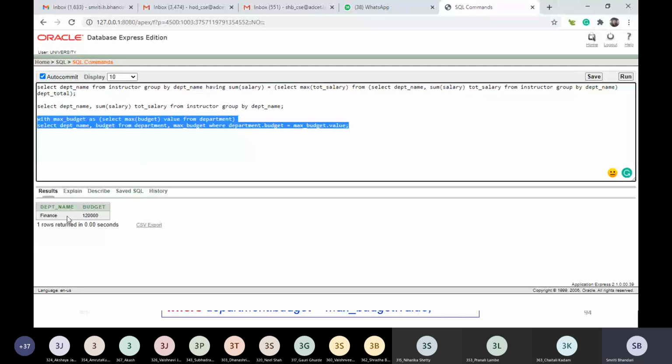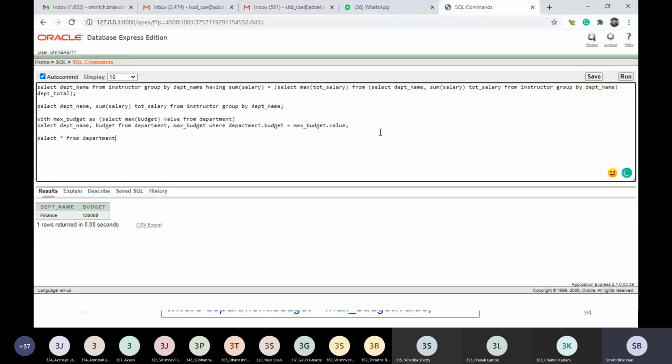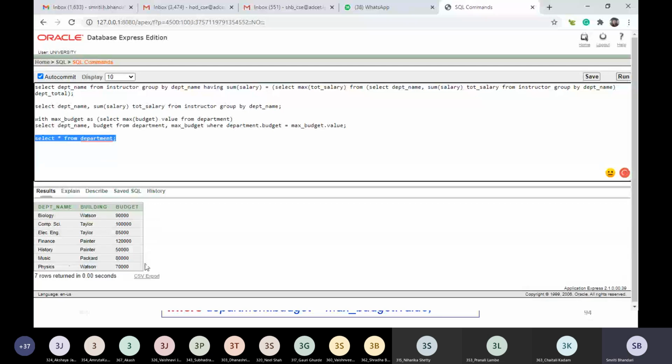So see here what we are getting. We are getting the department with maximum budget. If we want to verify this, let us try to execute this statement. Select star from department. And let us try to manually find out which is the department having maximum budget.